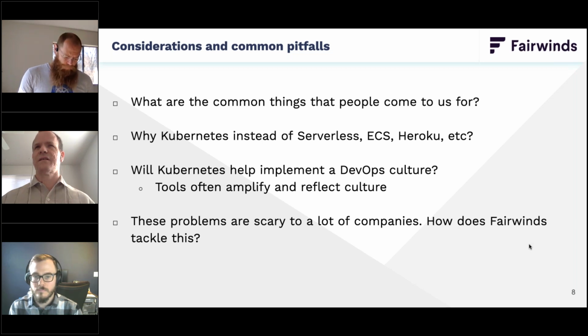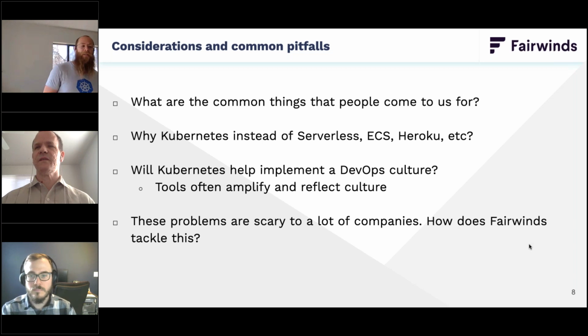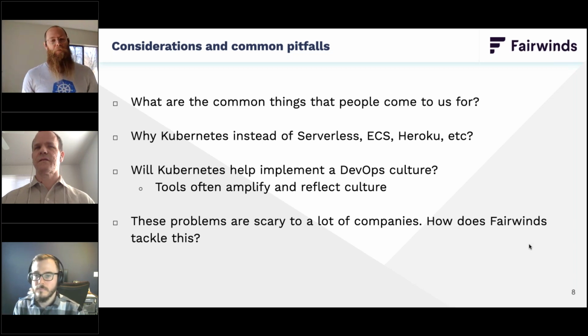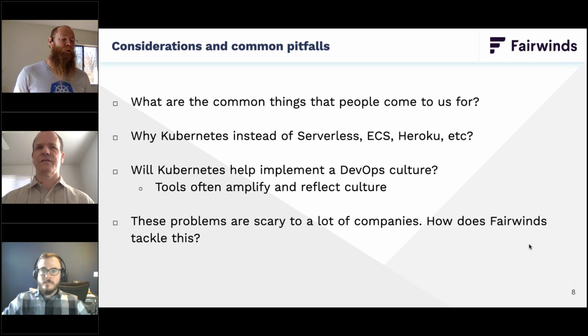So why Kubernetes instead of serverless or ECS or Heroku or another PaaS? I like to point to a quote from Kelsey Hightower, principal engineer at Google, who said, every company wants a PaaS, they just want a PaaS that they built themselves. And Kubernetes right now is probably the closest thing we have to a framework for building infrastructure as code, for building a PaaS. It's a foundation for your own personalized PaaS. Now, PaaS is a loaded term, so that's not necessarily a direct correlation, but